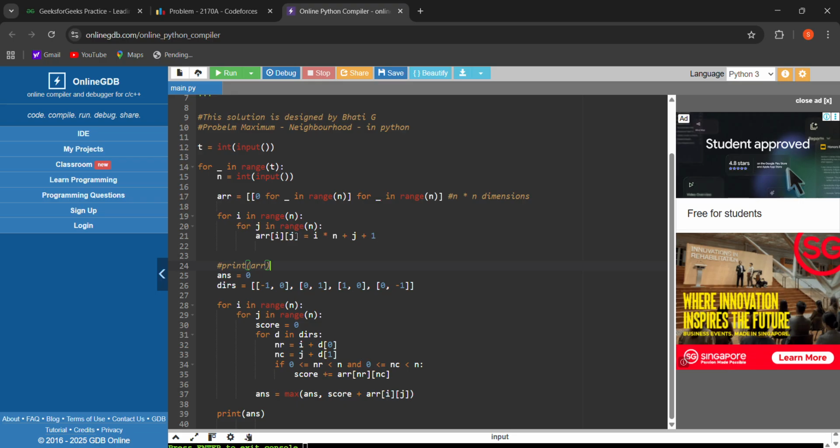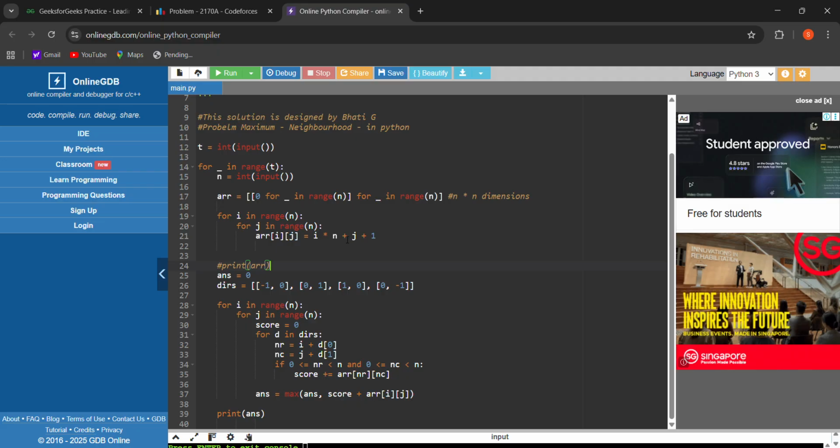That means if we are on our first cell, that means i equals 0, and in i equals 0 the j ranges from 0 till n. So j is 0, so this arr will be 0 of 0. 0 into 4 plus 0 plus 1. That means 0 into 4 is 0, plus 0 plus 1.